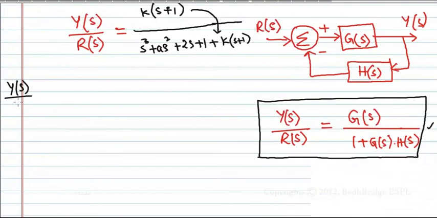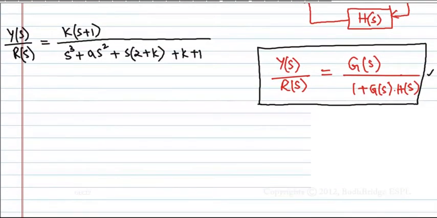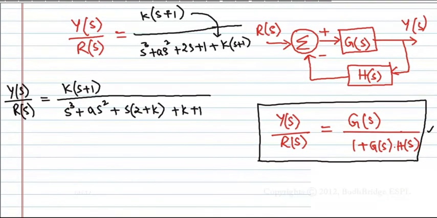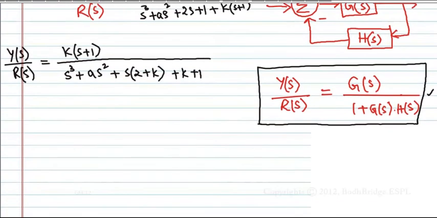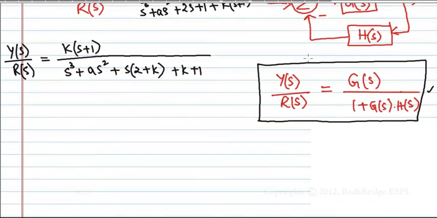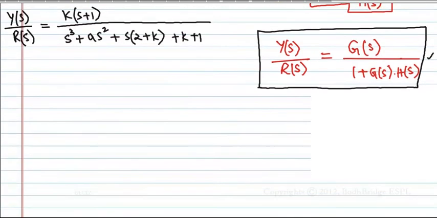I am writing Y(s)/R(s) again in a simplified manner. I separated all the s cube, s square, s and constant terms. Therefore, finally you got this. So, from the RH criteria, what does it say? These are the poles. I am using RH criteria, which says